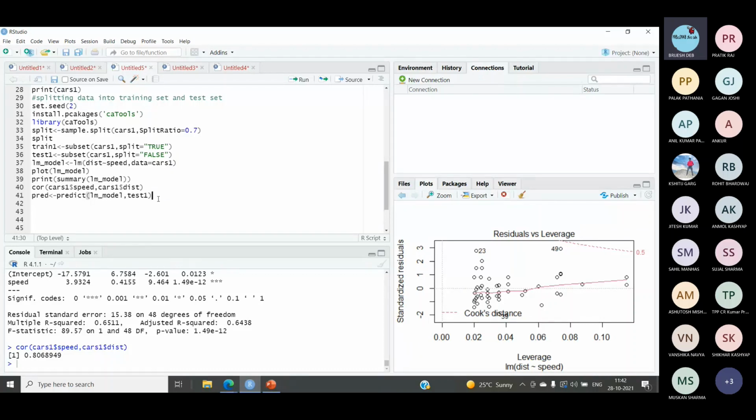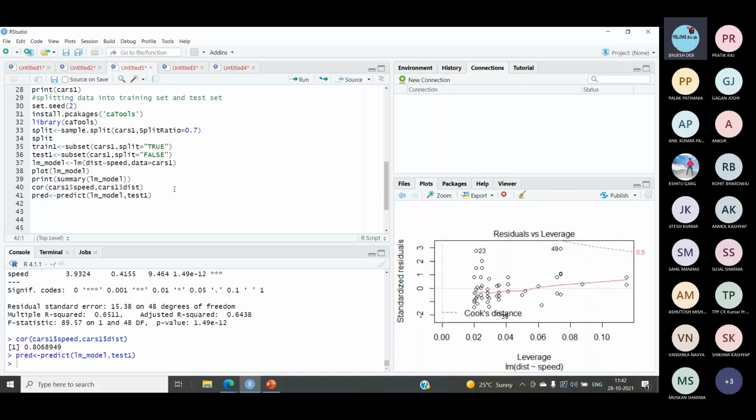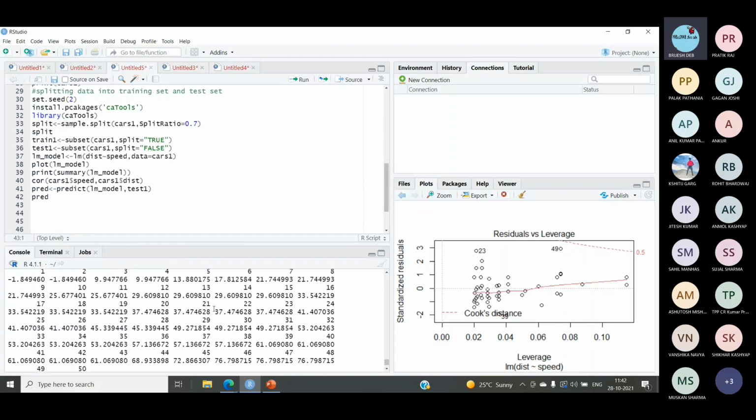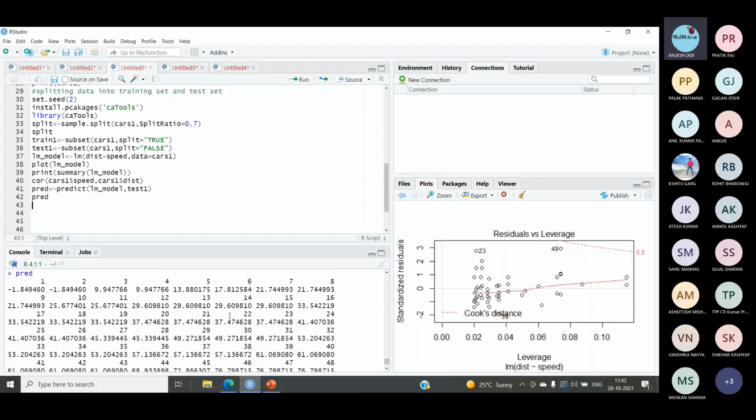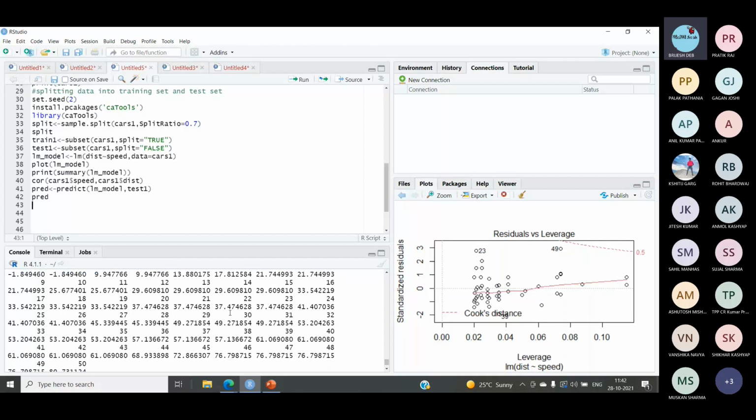We want to use that model to predict the value for the test data set, and we have a test data set named test1. So let's do it. Okay, done. It has run successfully without any error. Now let's print what is there in pred. Here you can see it is specifying all the values, some estimated values, predicted values are coming, like for a particular value that you have specified, what will be the residual value, what will be the predicted value in those cases. So this is how we can apply the prediction variables.